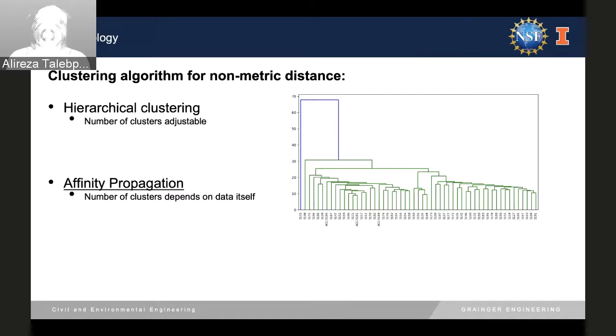The other one is affinity propagation, which automatically determines the number of clusters. I particularly like affinity propagation because it requires some sort of back and forth communication between data points. The data points pick if they want to be a cluster head or not, and also they pick who they want to connect to. Over a process of going back and forth between the points, you can actually put them in the clusters that would make the most sense. So affinity propagation is a very interesting approach to cluster without the need to deal with the number of clusters or picking cluster heads or cluster centers or anything like that.